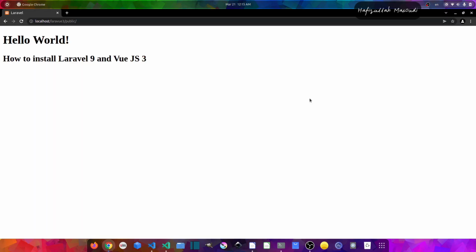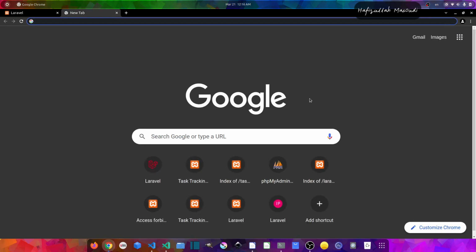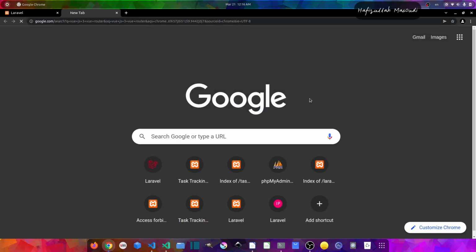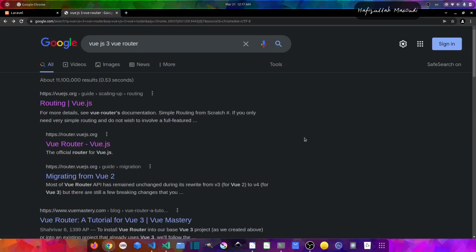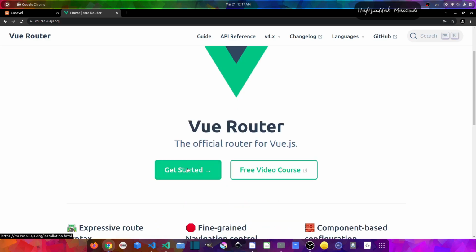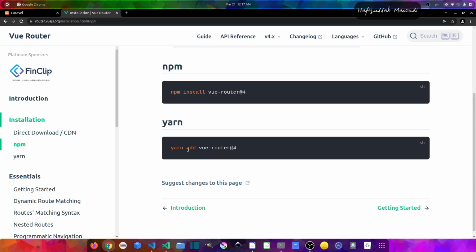again, and in here let's open a new tab and search for Vue JS 3 Vue Router and press enter. Now in here guys, let's go to the second link which says Vue Router Vue.js. Now click on it and say Get Started, and in here if you scroll a little bit down, you can see we can add it using Yarn, and we want the latest version, which is 4.x, as you can